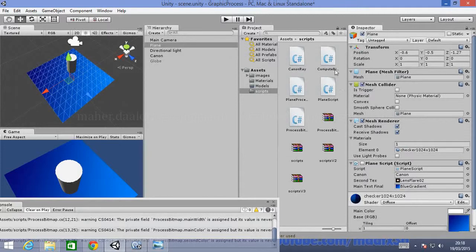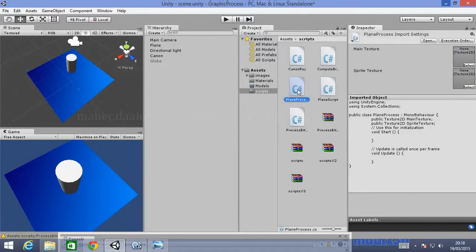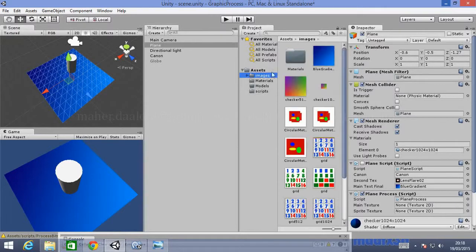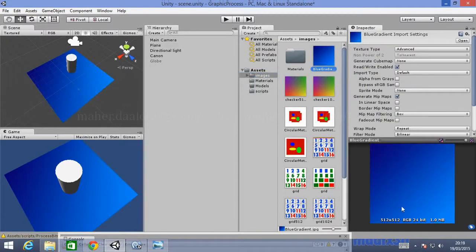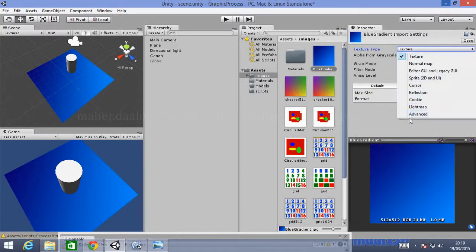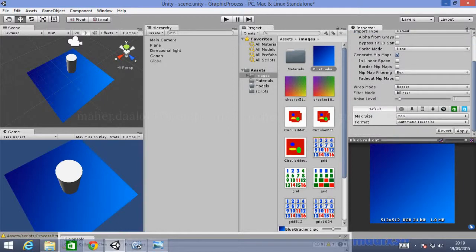Plane, yes, okay, and I'm gonna add my two textures. This one is the main texture that you need to make advanced. By default it's texture. You need to change it to advanced, and then check this one, read and write enable,